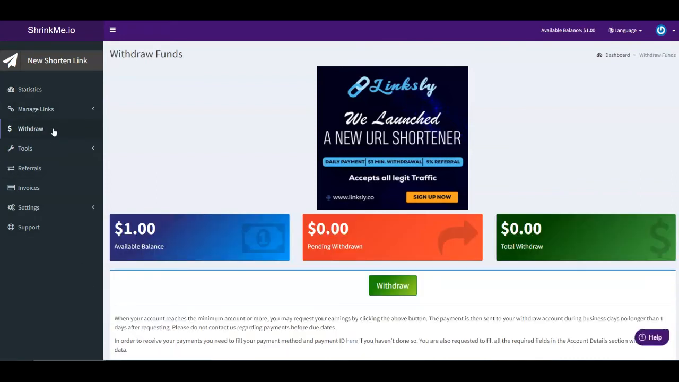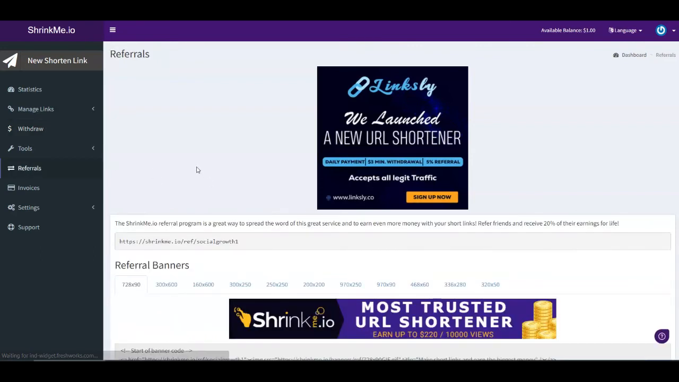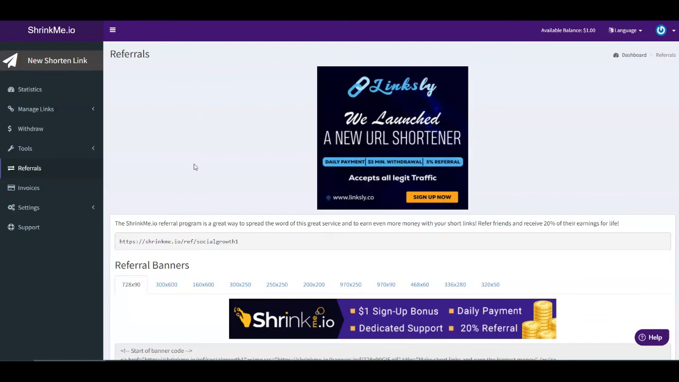If you want to withdraw your money, just go over to the withdraw button. You also need to put your payment information by clicking on here, and then click on the withdraw. So you also have the referral section in order to get paid by promoting this platform, by getting